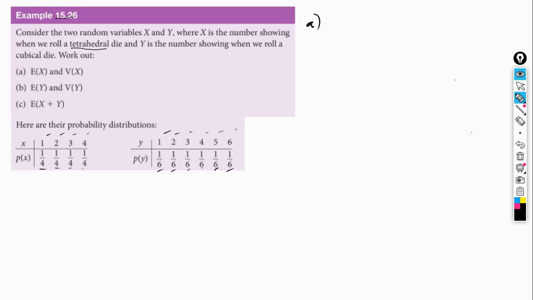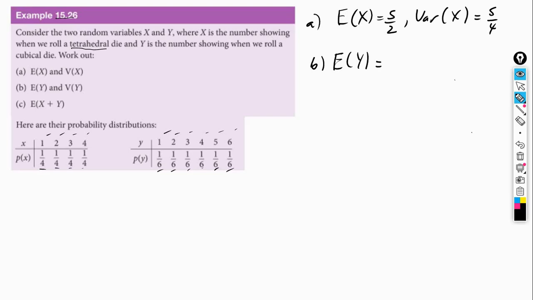For A, you should get that the expected value for x is going to be 5/2. And the variance is going to be 5/4. For B, the expected value for y is going to be 7/2, and the variance is going to be 329/12. Now for part C,